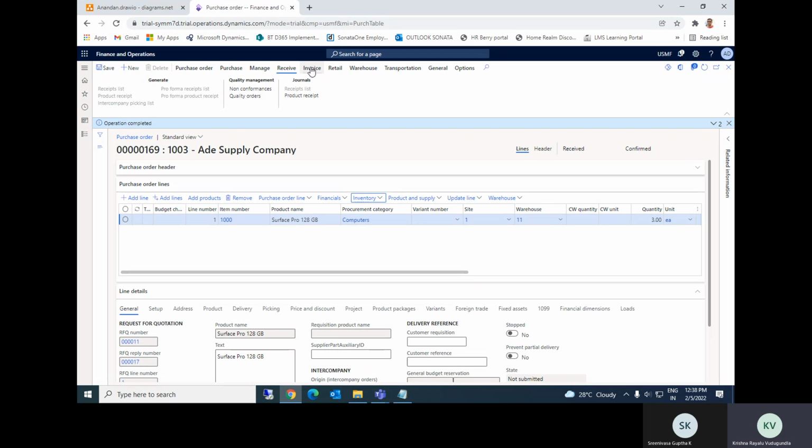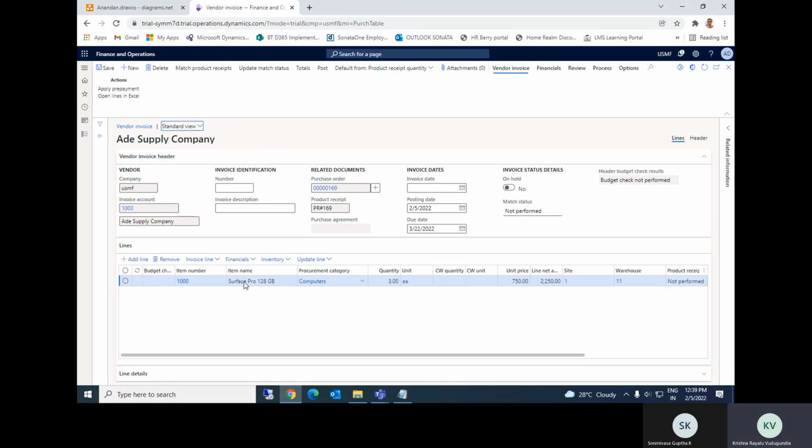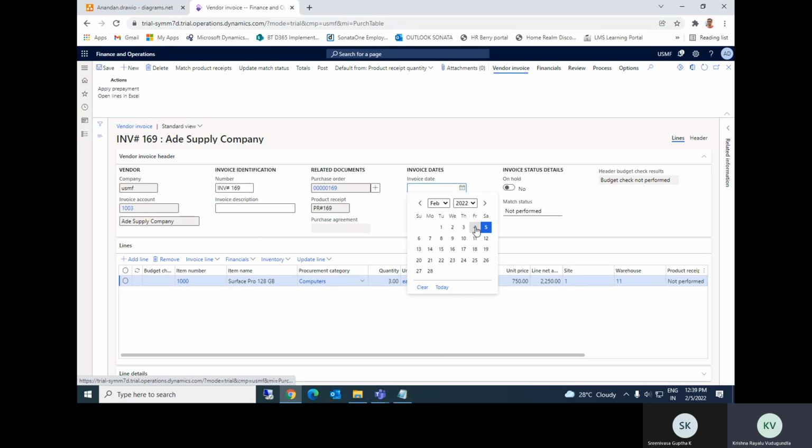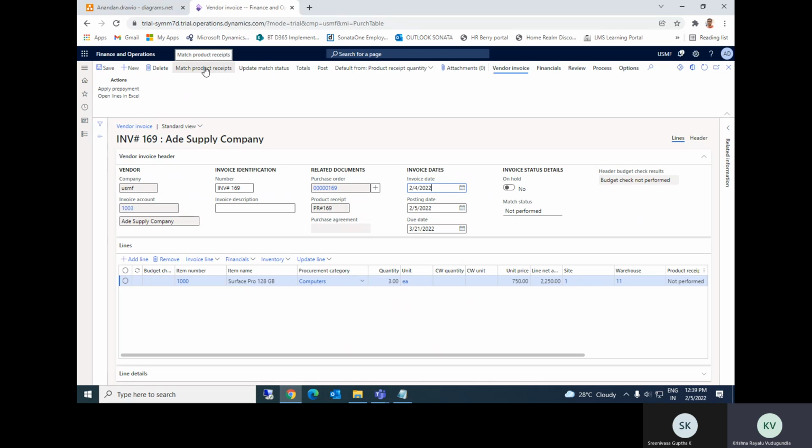Then we are going to do the invoice posting. In invoice posting, what you have to do is update the invoice number from the vendor. Invoice number 169, some invoice number I am putting, and the invoice date might be the current date or a past date. I'm putting a past date. After putting the date, the match status is not performed. So we have to perform